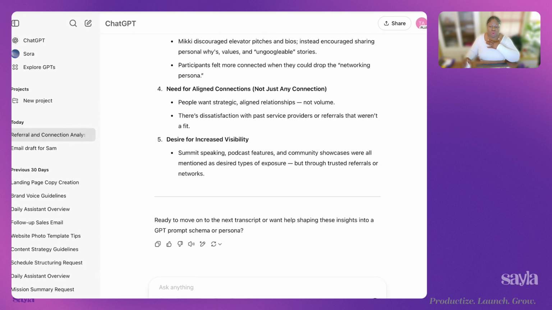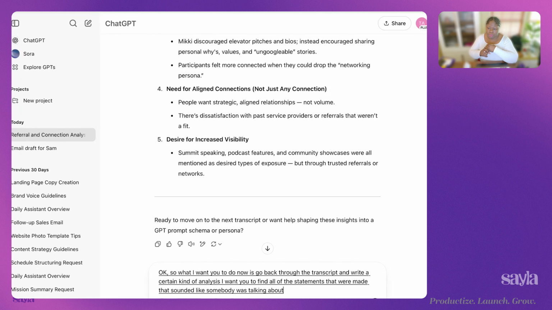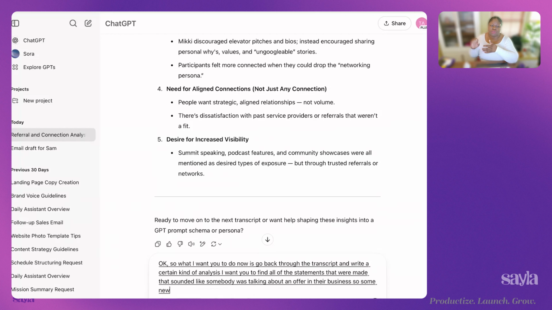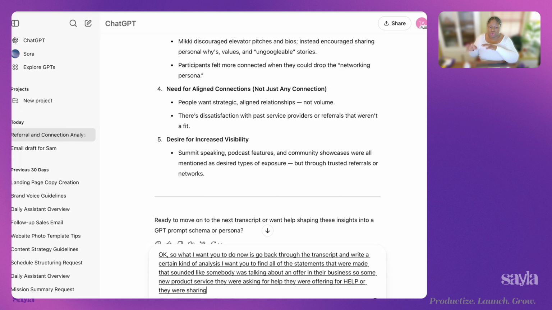Okay, so what I want you to do now is go back through the transcript and write a certain kind of analysis. I want you to find all of the statements that were made that sounded like somebody was talking about an offer in their business, so some new product or service. They were asking for help, they were offering help, or they were sharing a business win or goal.